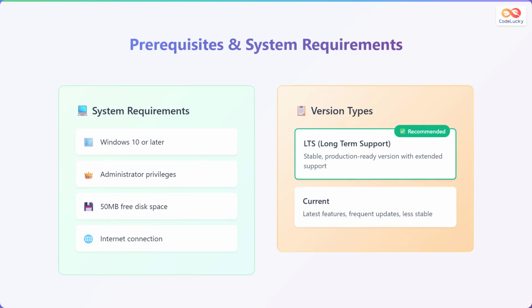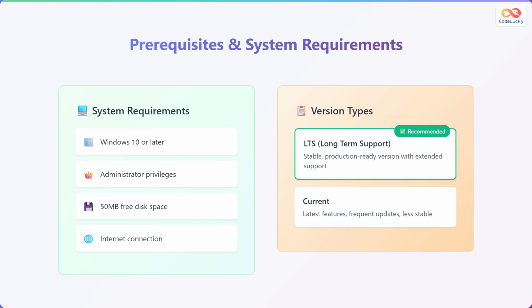Before we install Node.js, let's look at some of the prerequisites and system requirements. First, you will need Windows 10 or later. You will also need administrator privileges on your computer to install software. Make sure you have at least 50 megabytes of free disk space and a stable internet connection to download the